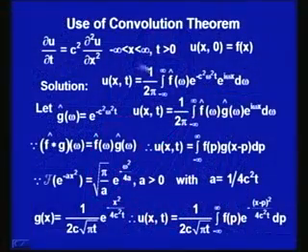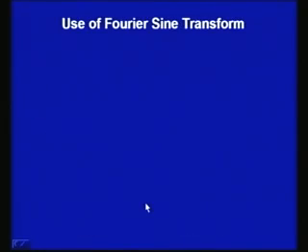Now, in all these things we have taken this infinite bar. Now, if I have to find the heat flow in a semi-infinite bar, that is, not minus infinity to plus infinity but from 0 to infinity, in that case my function would be defined from 0 to infinity, and we can use the Fourier sine or cosine transform. So, let us see whether we can use it. First, let us see the use of the Fourier sine transform. So, now we have our problem,